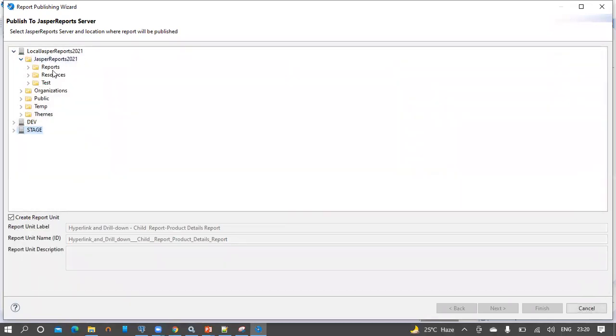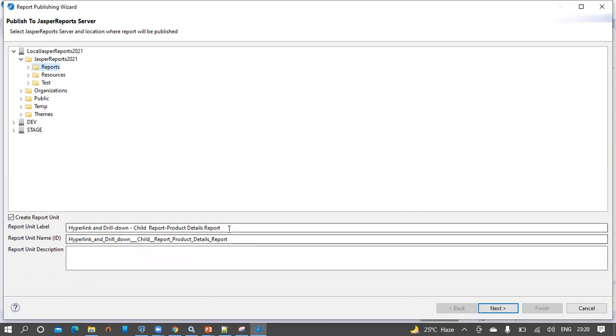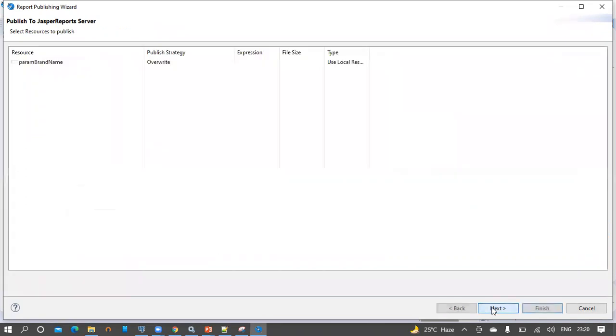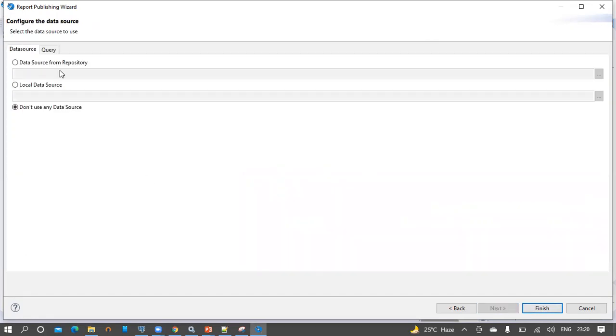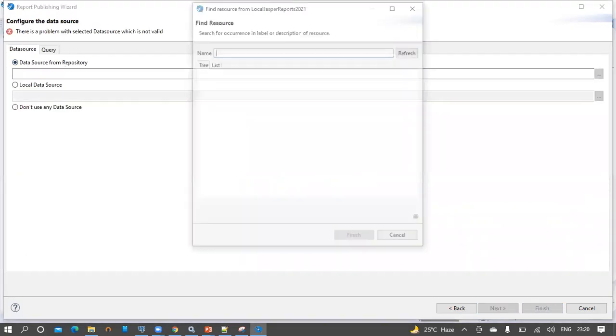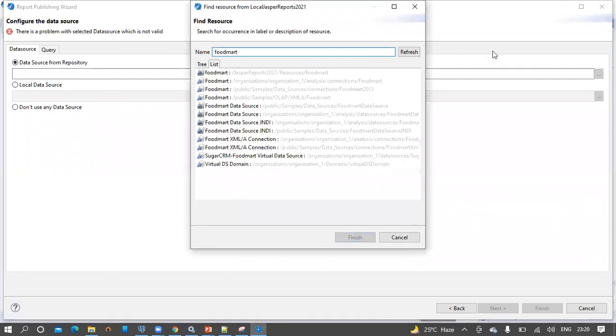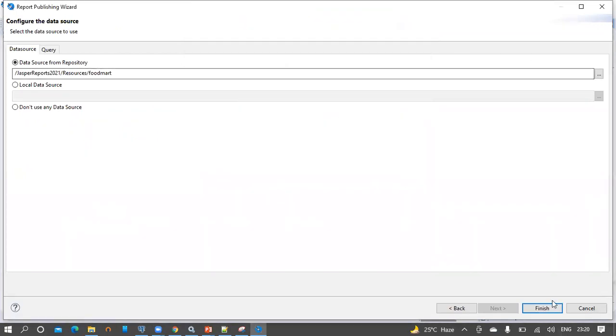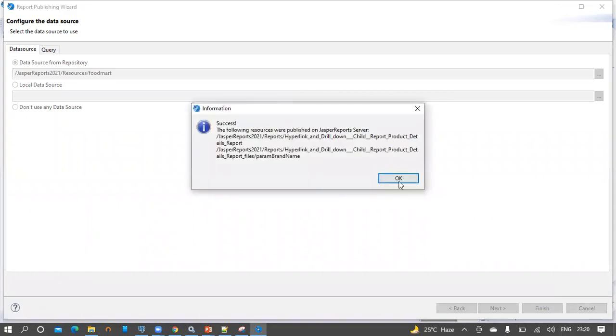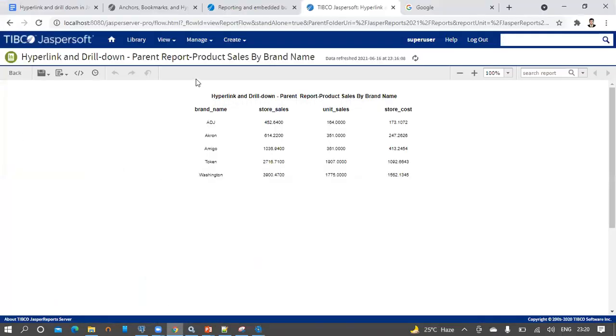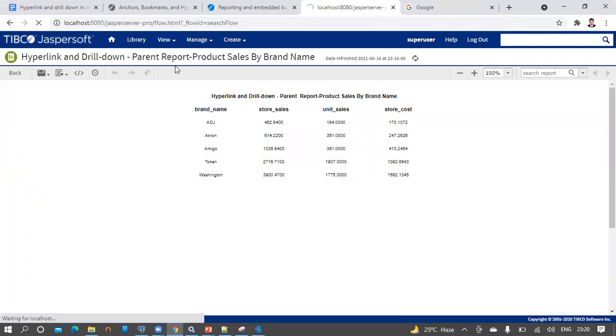Jasper reports 2021 reports, then give the report unit in the bottom. Click on next. Then let's take the default settings for this resource here. The resource is param brand name. Now in the next window, select the Putma database. Then click on finish. Now we have the child report published to the server, and we are going to run